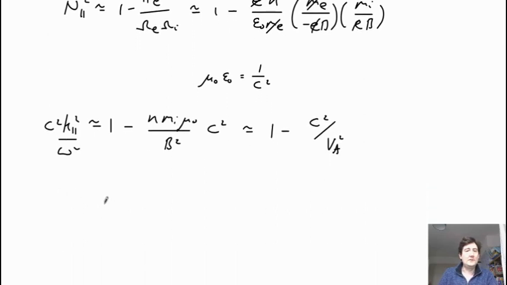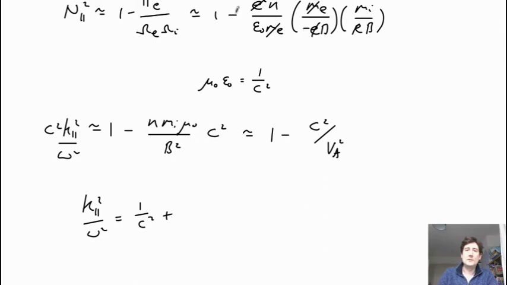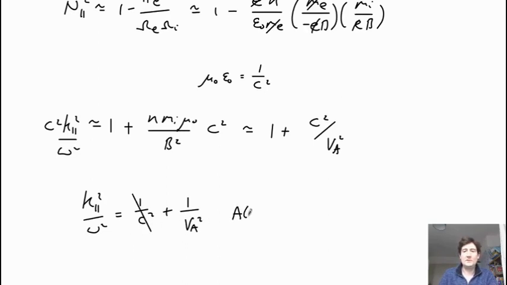And now we just see that k parallel squared over omega squared is just 1 over c squared. So it should be a plus. So this minus here makes this a plus. So it becomes a plus here. So it's plus 1 over v Alfvén squared. And of course, c squared is much larger than the Alfvén speed squared, and so that can be neglected. And this is just an Alfvén